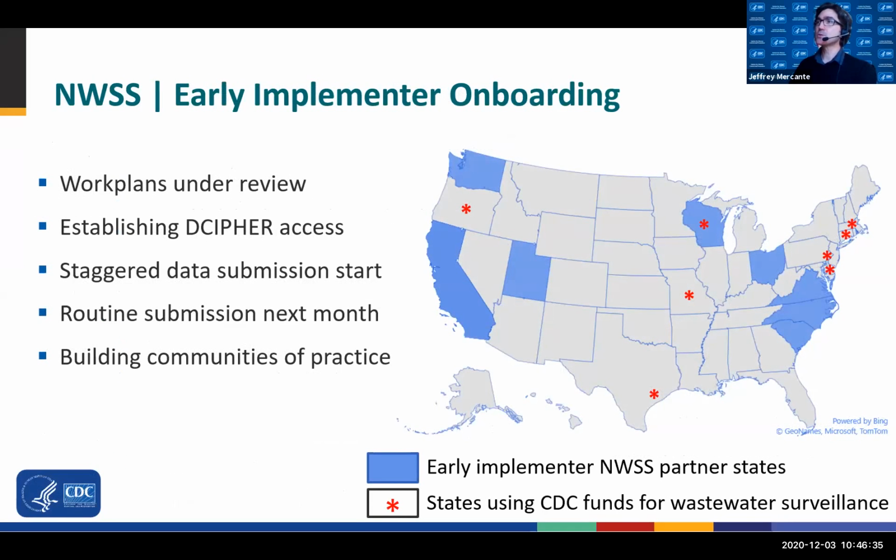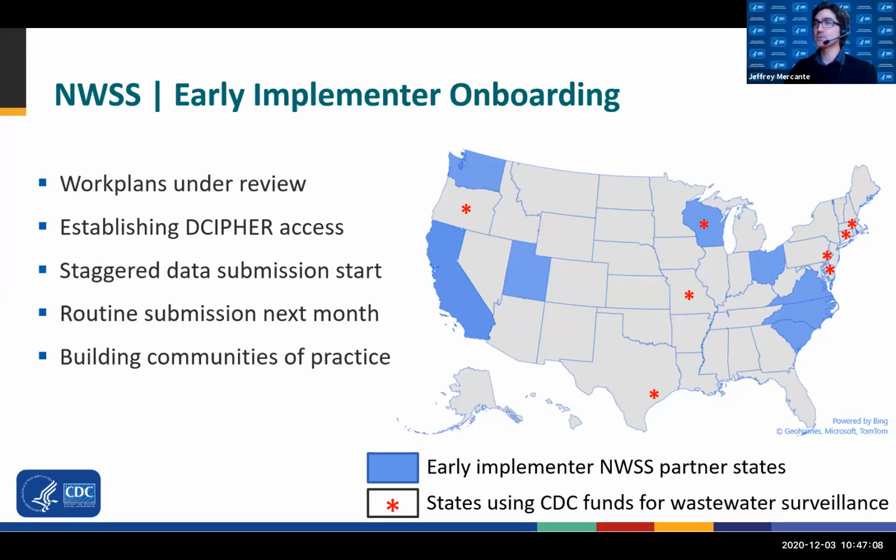So as I mentioned, NEWS is currently onboarding the first early implementer states. The 8 states shown in blue here on the map were chosen as initial NEWS funding partners based on their readiness to conduct statewide wastewater surveillance in about mid-July. And that feels like 10 years ago right now. As wastewater data are not routinely used by the public health community, our goal for the initial funds has been to engage COVID-19 focused epidemiologists and health departments to become familiar with these data and learn how to integrate them